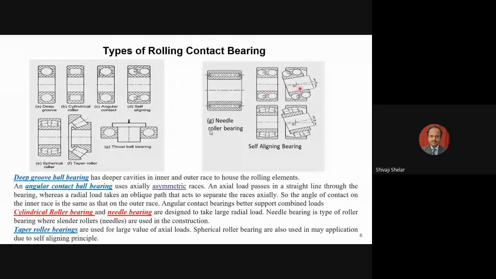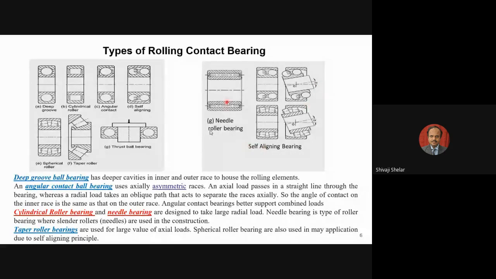So if this shaft is inclined to some extent, the axis of the bearing where it is mounted and the axis of the shaft are not in line, that is called misaligned. If that misalignment has an angle alpha, even then if you have the surface properly curved, this will fall under self-aligning bearing. So this angular misalignment or angularity in the shaft axis will be taken care of.